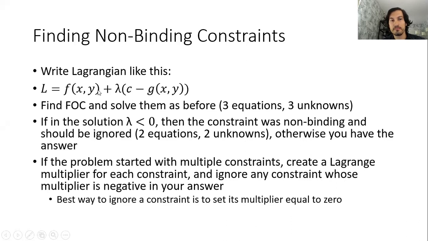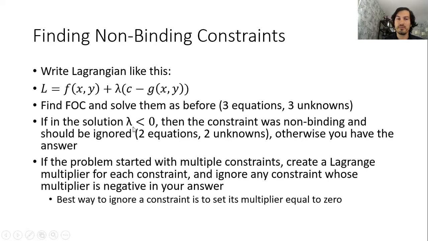Okay, here we have a problem with one objective function. It's always going to have only one objective function, and here it only has one constraint. It has two choice variables, but one constraint. You write it like this. Either the constraint binds or it doesn't. If the multiplier is less than 0 in the solution, like if you try to solve this using the same method as before and you find that lambda is negative, that means your constraint wasn't binding, and it should be ignored. At least set equal to 0 is the best way to think of that, because it still has to